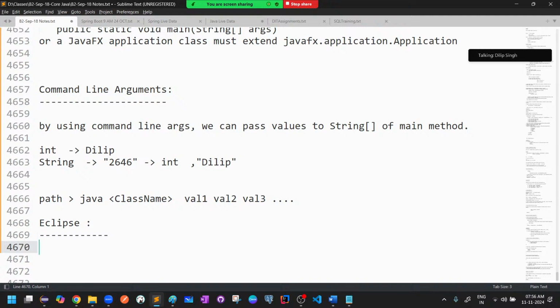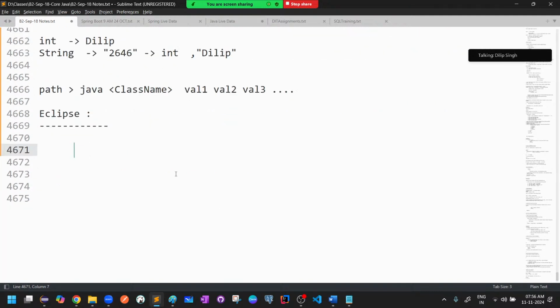In interviews they will ask all these details. How will you pass values to the main method? What is the importance of the string array in the main method? If I convert it to an integer, what will happen? So all this information. Go to the Run As configuration,